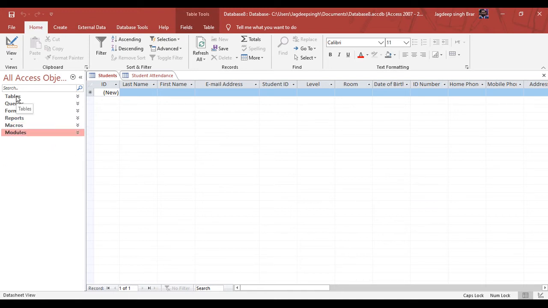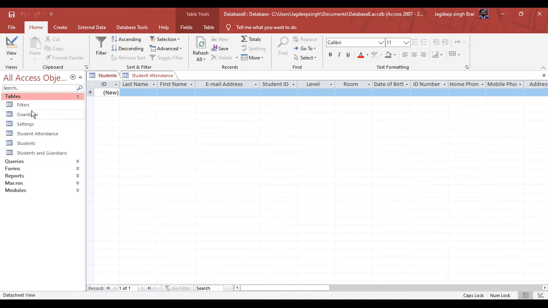First one is table. Here you can see all the tables that are used in this database. When we select any table, it appears here. Every table consists of rows and columns. Tables store the information in the form of rows and columns. Tables are the heart of any database, and you can create as many tables as you need to store the different types of information.